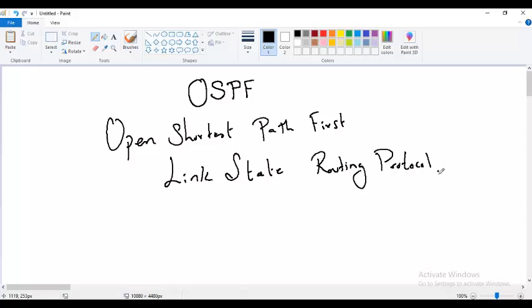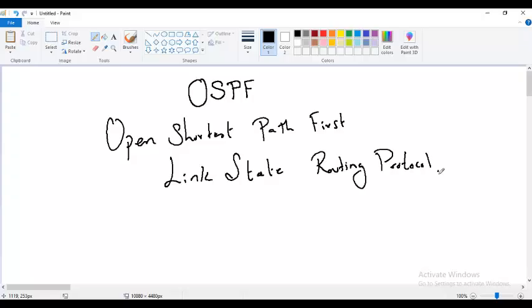Yes, OSPF has areas. We put routers in a group and we call that group with one number, and we call it the area ID. So what area this router belongs to, what area the link belongs to, all this info is